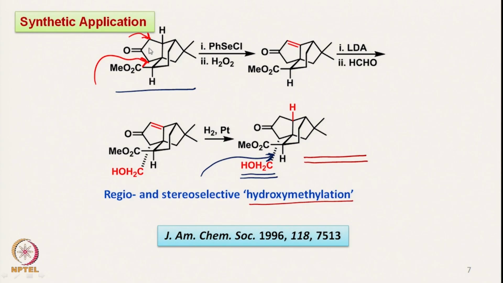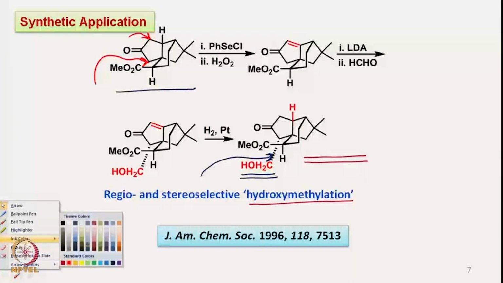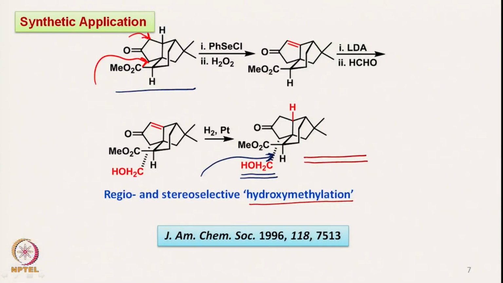There is no proton available to be removed, and therefore once this particular enone is formed, the LDA, lithium diisopropylamide, would deprotonate this proton here, which is alpha to the carbonyl group,